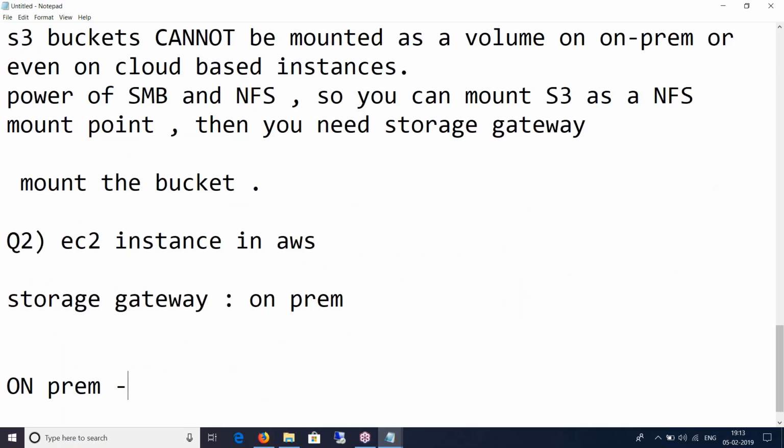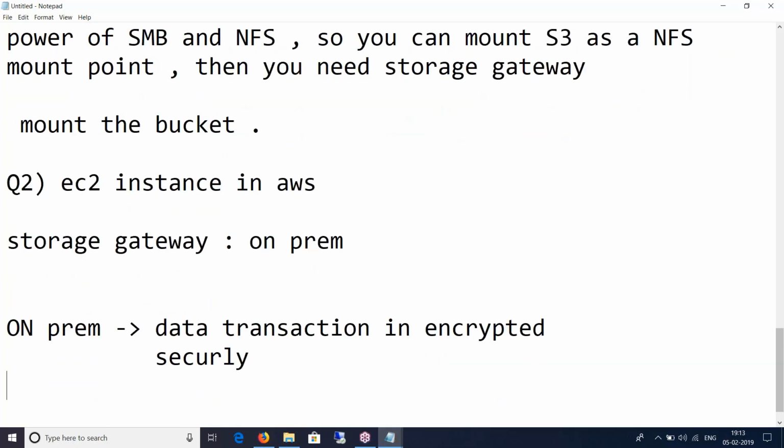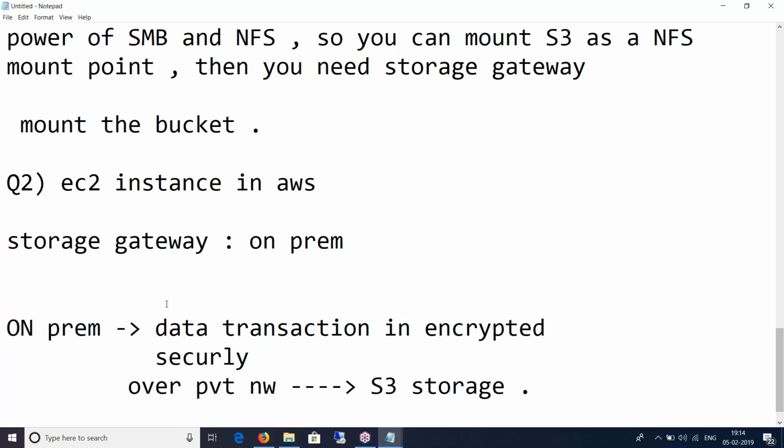If I want to have data transactions in an encrypted fashion, securely over a private network, and then transact all the data from on-premise to S3 storage, I will have one device doing all of this job, and that device is nothing but a file storage gateway.